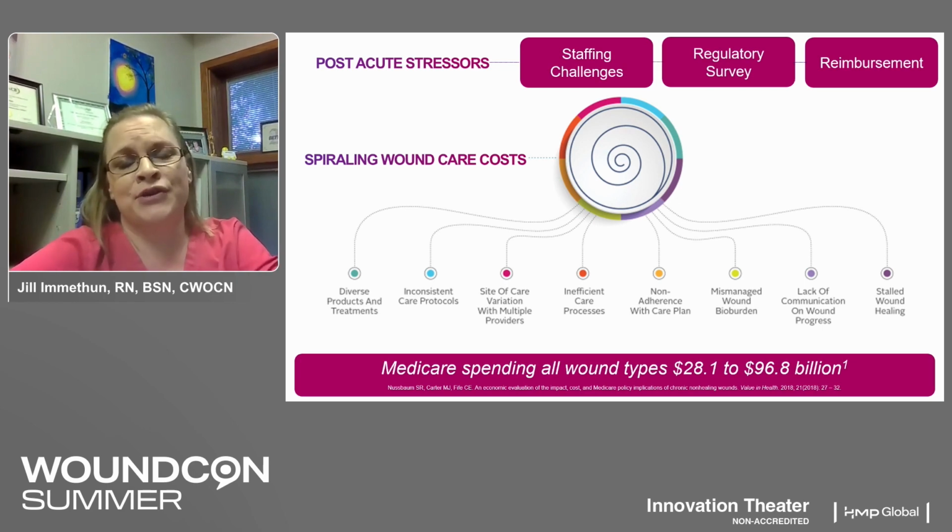When we moved on to looking at care plans, we would write lovely care plans, but then we would look at the orders, and the orders didn't match the care plans either. So there was inconsistency there. And when we talk about mismanagement of wound bioburden, lack of communication on wound progress, and then specifically stalled wound